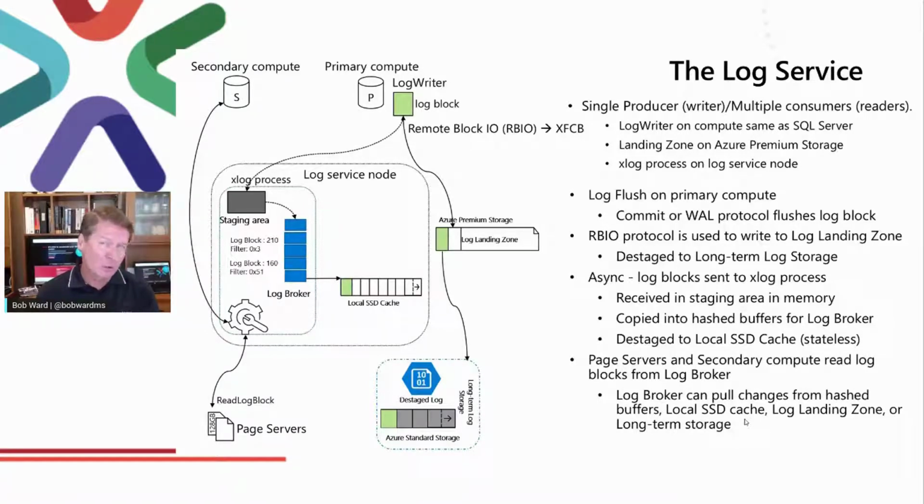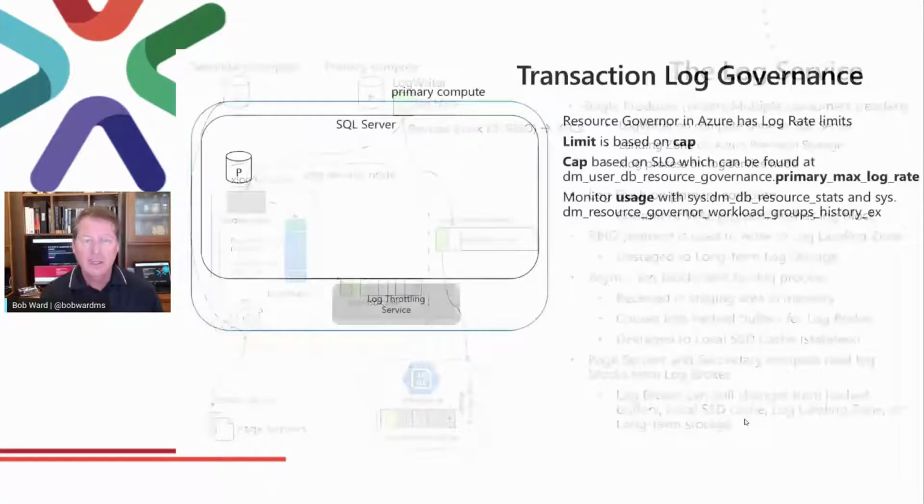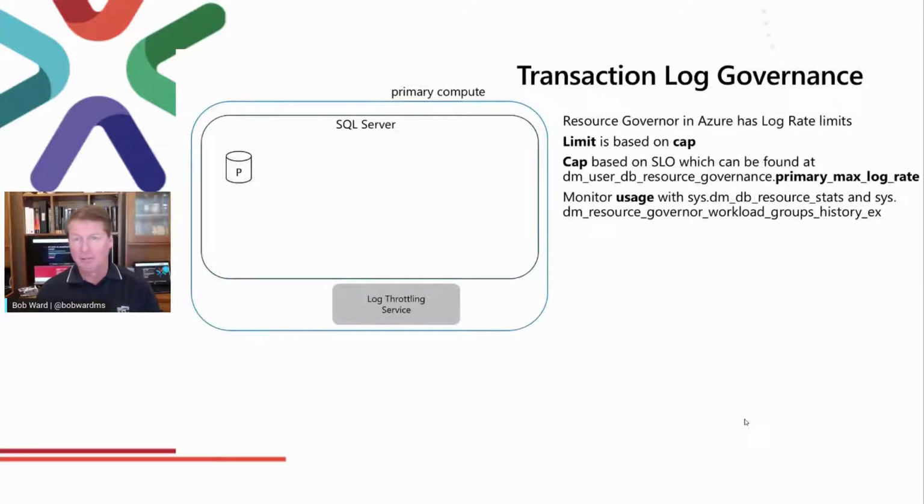How does a log broker do that? It could find it in its hash buffers. It could find it in the local SSD cache. If it couldn't find it there, it could find it in the landing zone, or even in long-term storage if it needed to. That's why it's called a tiered, layered architecture to get log changes. So this is the uniqueness of how we've taken the combination of SQL log writing and put together a different architecture for Hyperscale. Now, one other topic for logging that we should talk about before we do a demonstration is